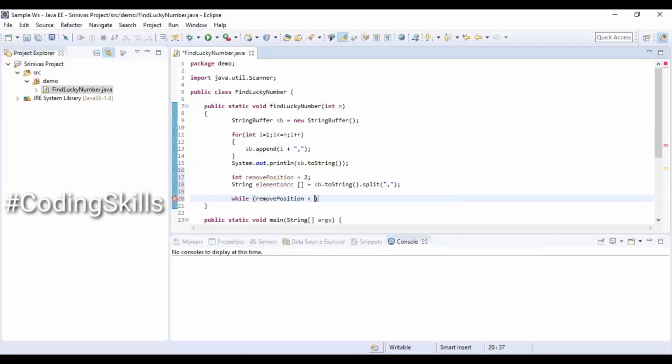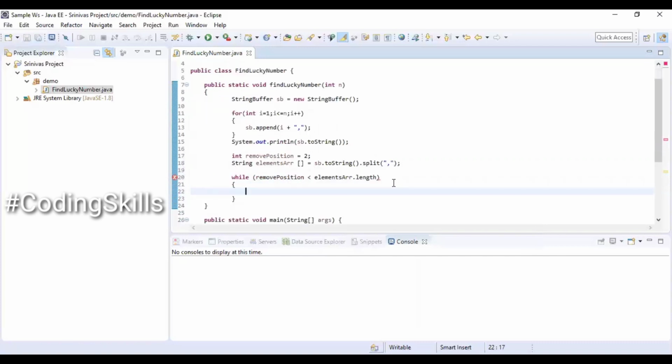Using a while loop here, while removePosition is less than elements.length, a new StringBuffer equal to new StringBuffer. We need to initialize it within the while loop.